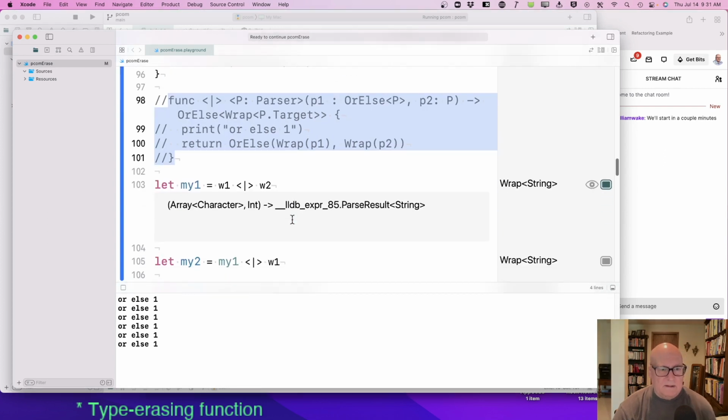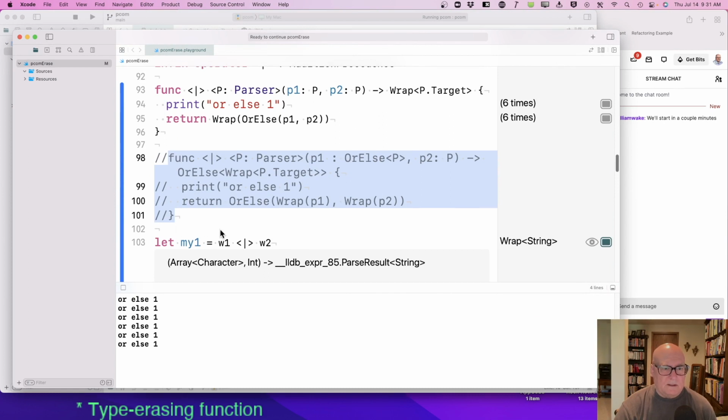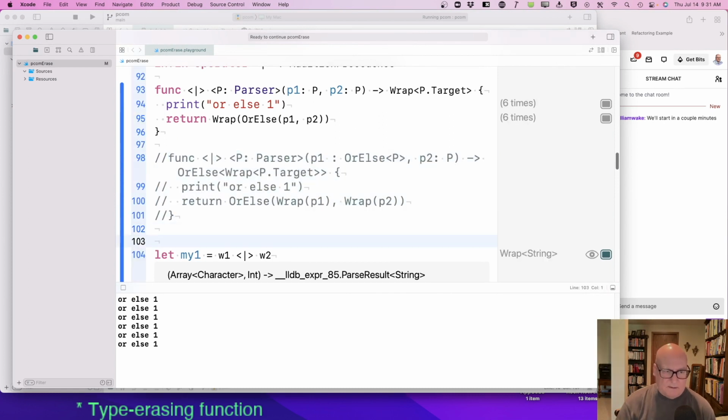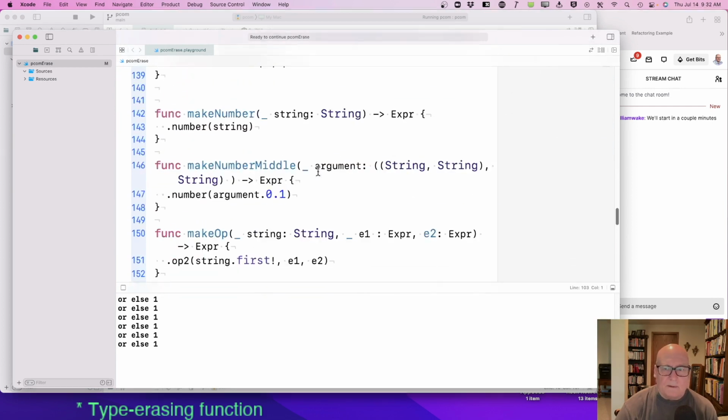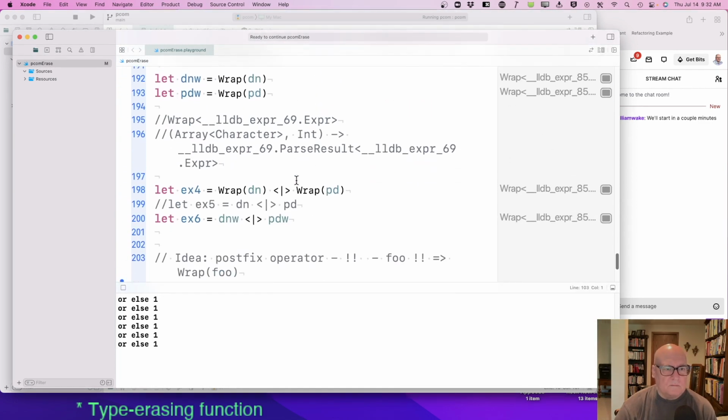Now that seems okay. Let's let equals. Let's go down where we were towards the bottom. Let's see if this one works now.